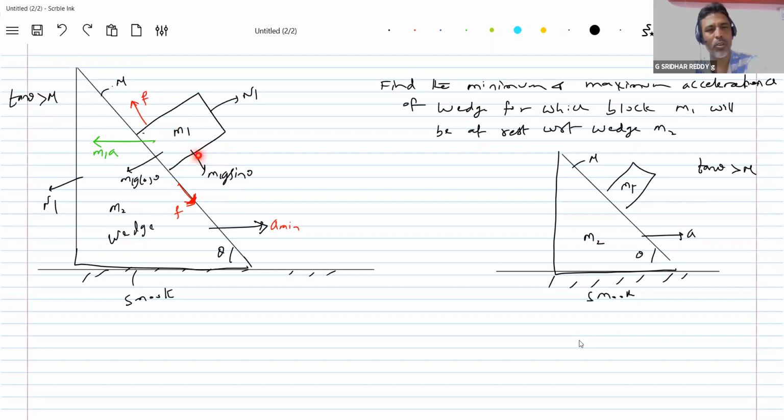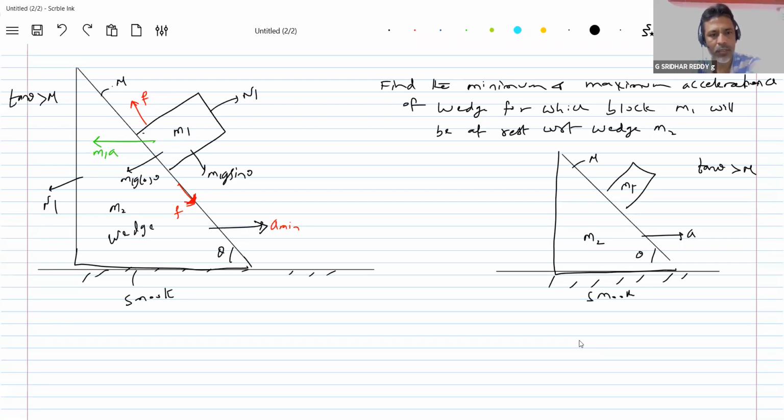For the block not to slide, I'm giving acceleration to the wedge. Because of this, the pseudo force will act towards the left, and a component of the pseudo force along with the friction can balance m1g sin theta. This is the idea. So the equations of motion will be